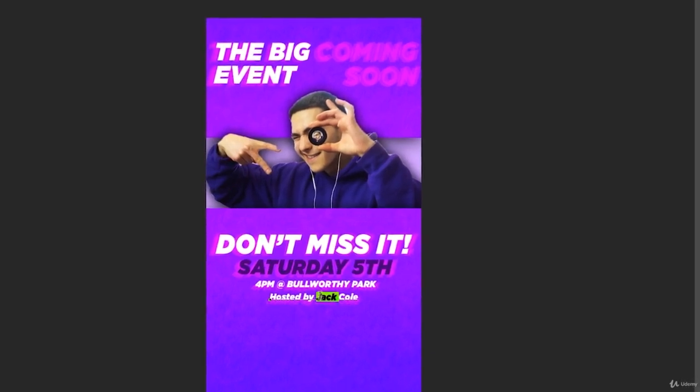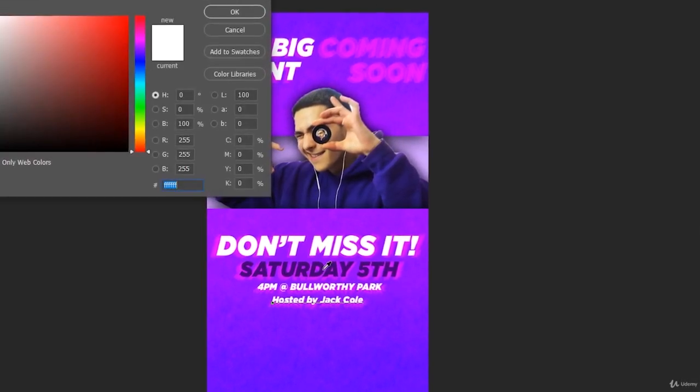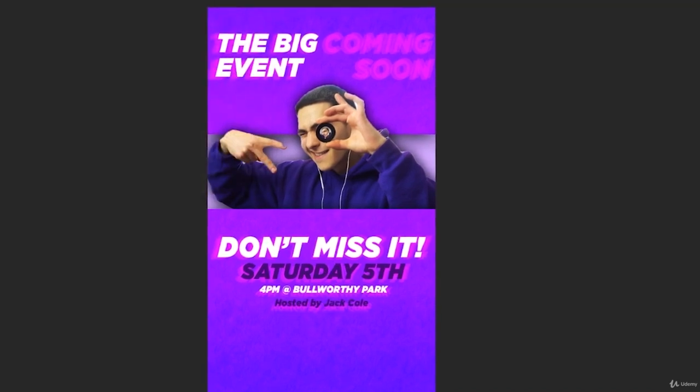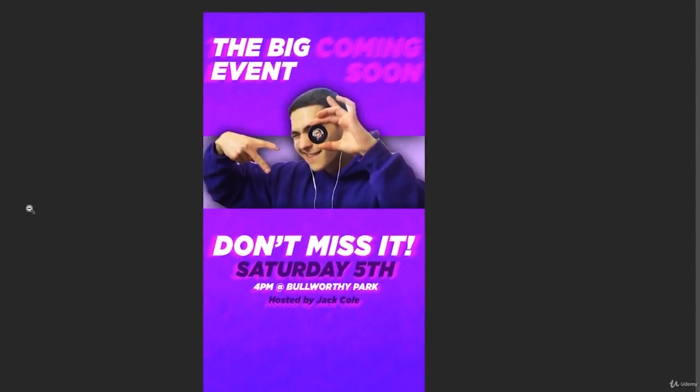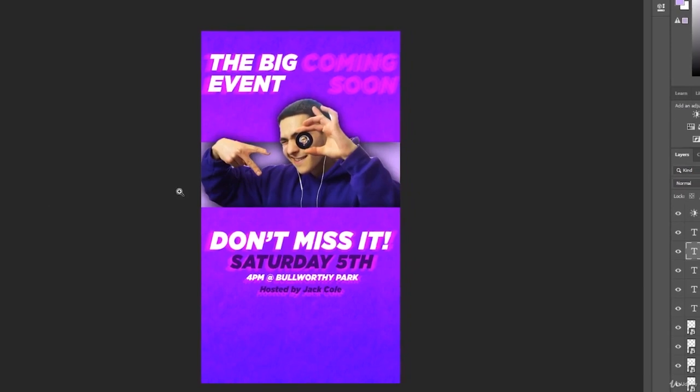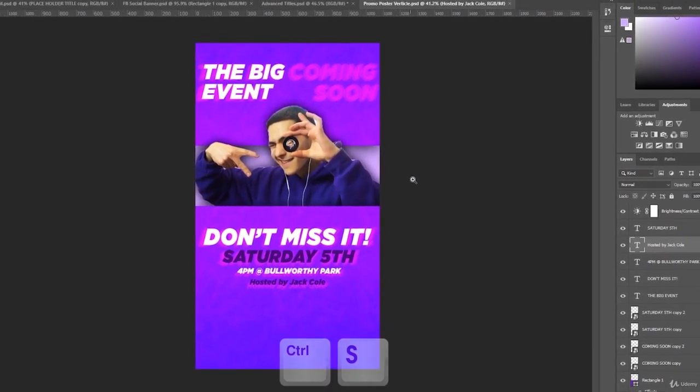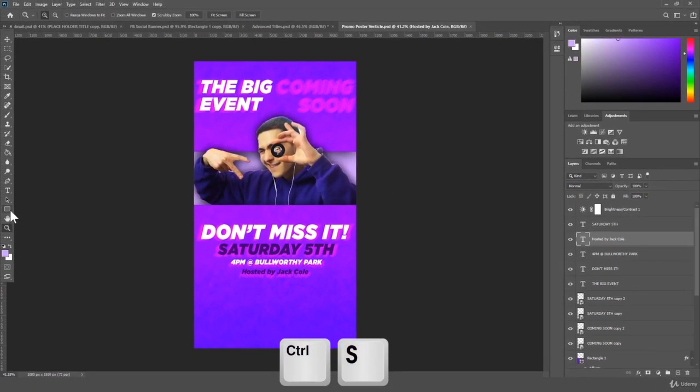The hosted by Jack Cole is looking maybe a bit small to be this dark, but yeah, we can do it. It's looking fine. So don't miss it. Saturday 5th, 4 p.m. at Bullworthy Park, hosted by Jack Cole. Press Control-S, save that thing right there. Now there's one final thing I want to do, which is